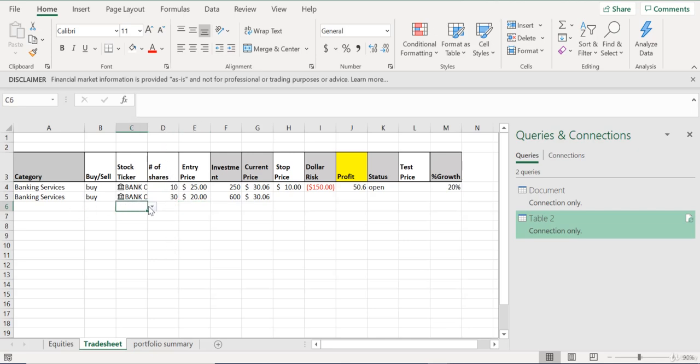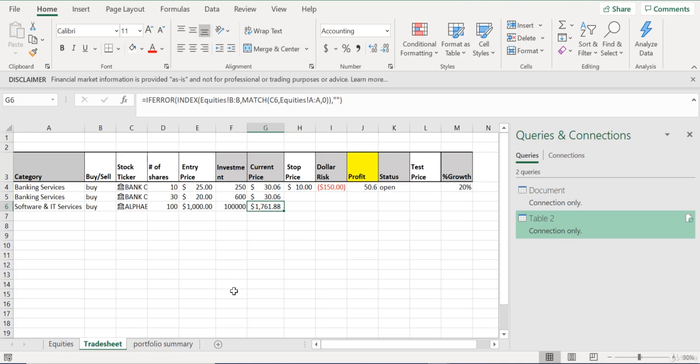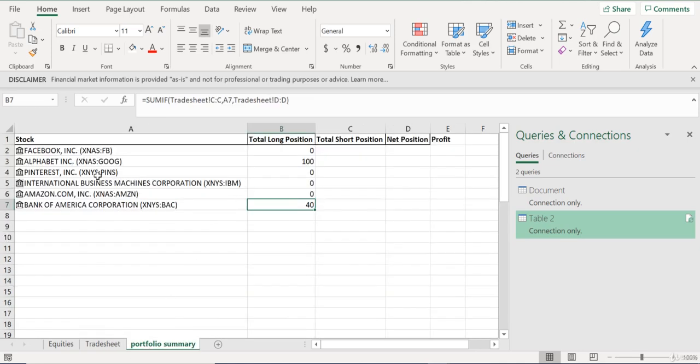the number of shares. So for example, if I had Alphabet in here, if I had Google, I had 100 shares of Google, at $1,000 a share, let's say. Under portfolio summary, it would show me Google as 100 and it would show me Bank of America as 40. So the SUMIF is allowing me to go through, look for things that match this criteria, then sum on a different column. So look in column C for things that match A in this tab, and then do a sum